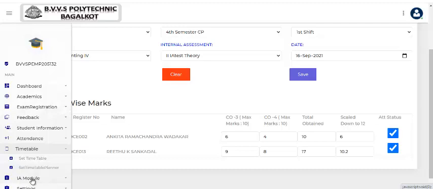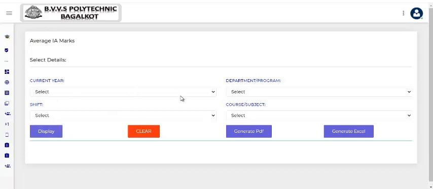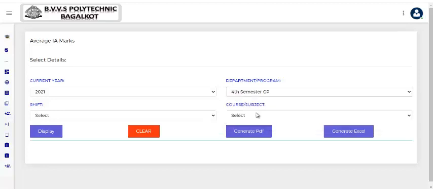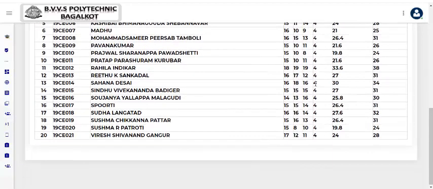And next I'm coming with the average IA report. Next I'm choosing for the year 2021, where I'll just take it as fourth semester first shift, display. Here we'll be getting the complete fourth semester details of financial accounting for fourth sem. You can just see here the complete details has been mentioned here.